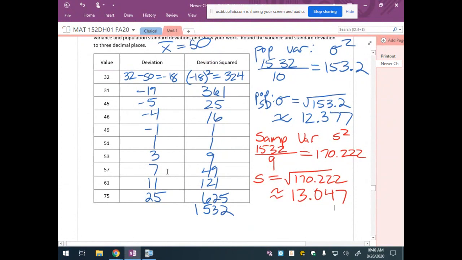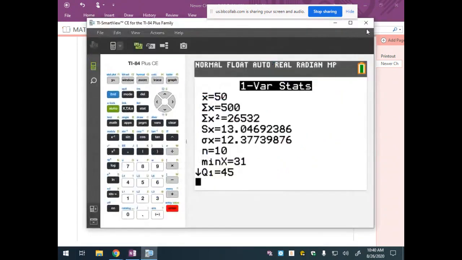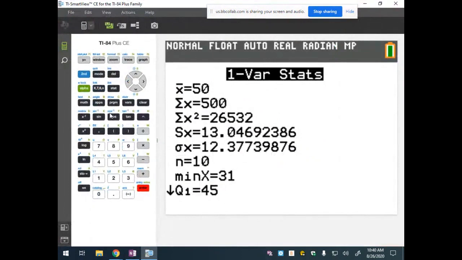So, I'm going to show you something really cool. Now, the calculator does give you the standard deviations, but what does the calculator not tell you? It doesn't tell you the variance. It does tell you the mean of a set of data. It wouldn't tell you the variance. Now, if you wanted to figure out the variance, one thing you could do is,